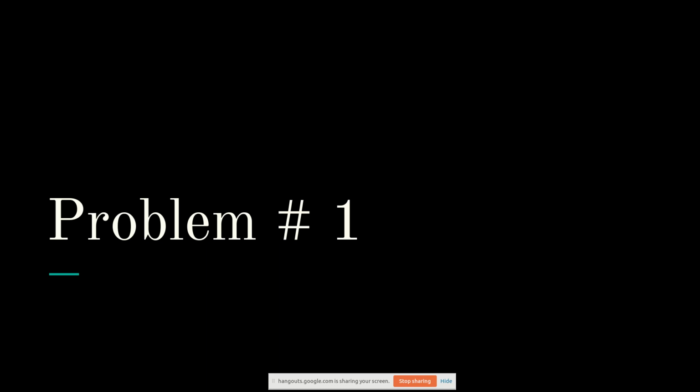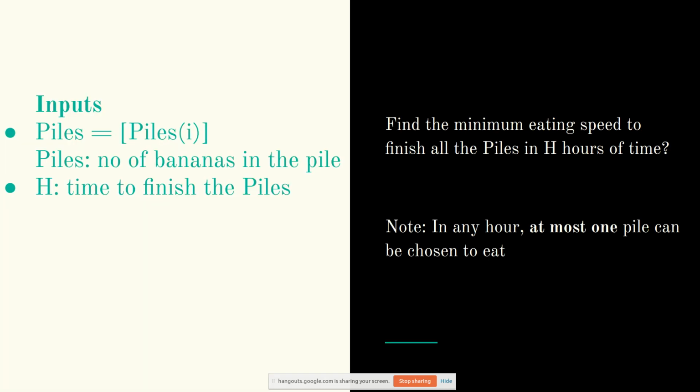Let's look at a problem, the first problem of this session. Given an array piles, there are n piles. Each pile represents the number of bananas in a pile. So there is a set of banana piles, and each pile has a certain number of bananas associated with it, and we have a certain number of hours to finish these piles. I mean to say that we are going to eat all of these bananas, and what we